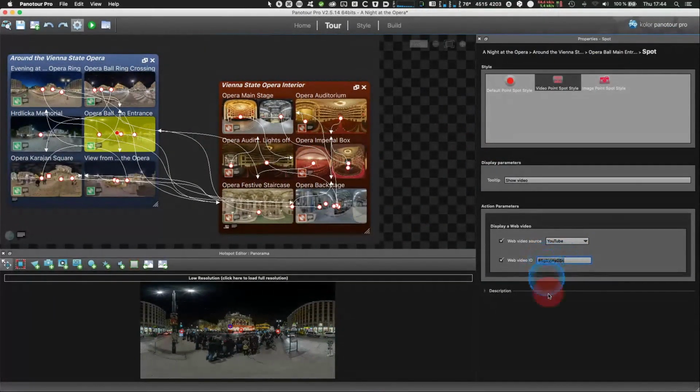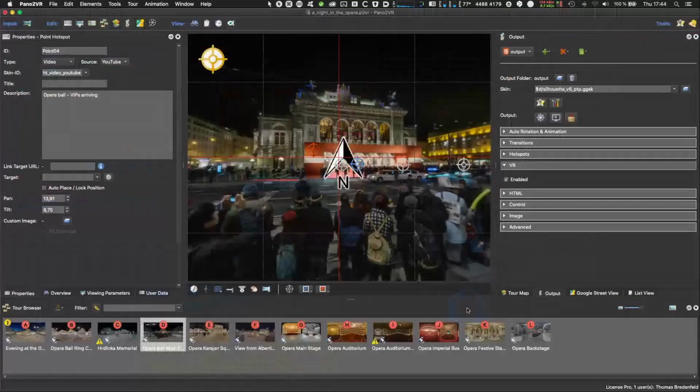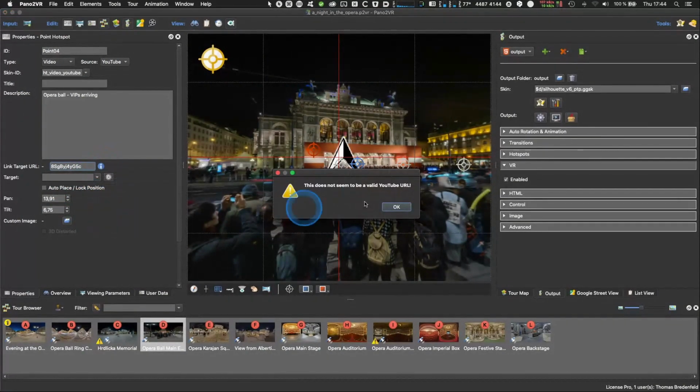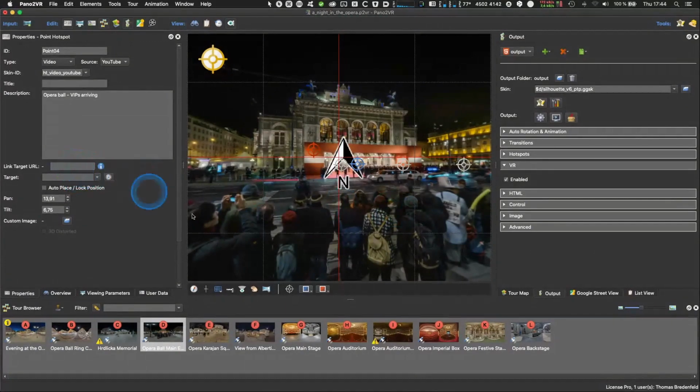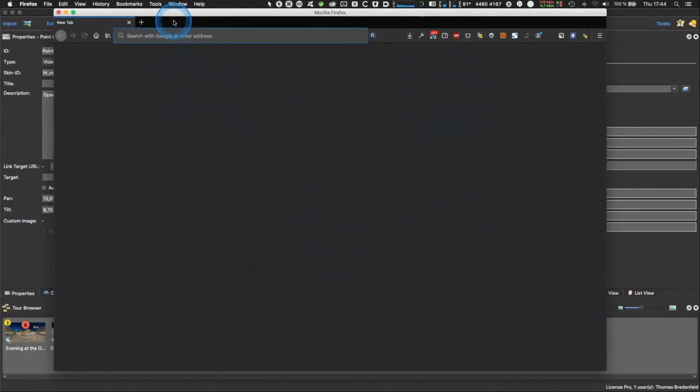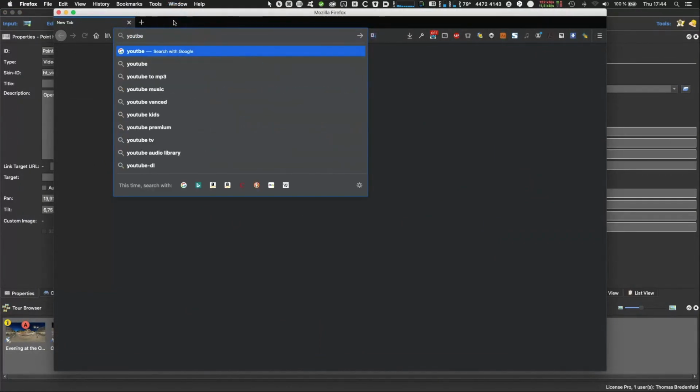I'm going to this ID, copy it, and I hope it is working here. Otherwise, link target URL. I think I just paste it here. I think it should work. Usually, you have the whole. Okay, it's not a valid URL, so let's do it the way in with Firefox and go to YouTube and